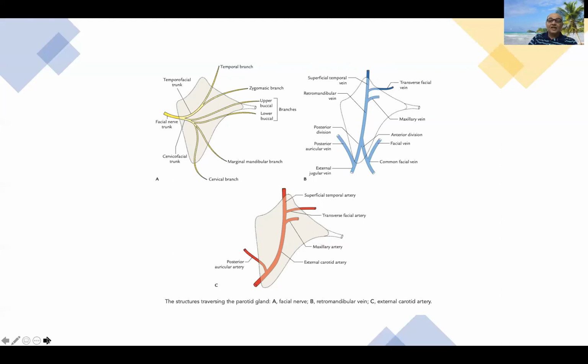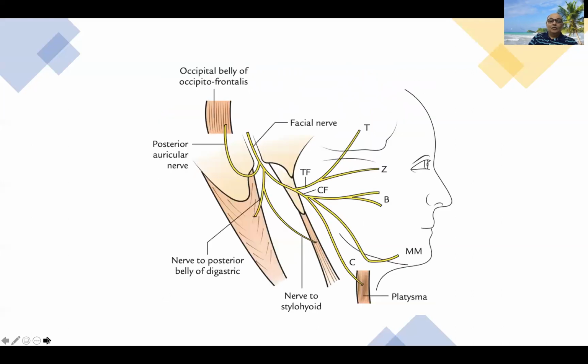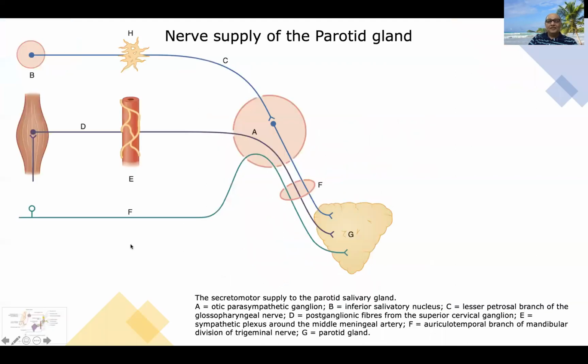So these structures are present within the substance of this gland. Going further, now we are looking at again how the facial nerve is going through this parotid gland and how everything is being organized here. Going further, now we talk about what is the nerve supply. Guys, the nerve supply of the parotid is really something where we need to be very clear about. So the story begins with,